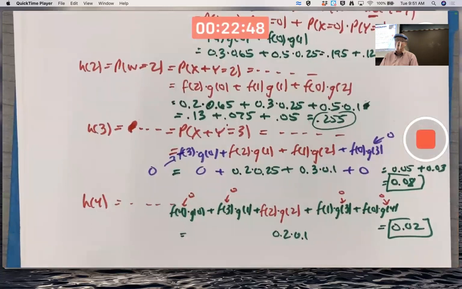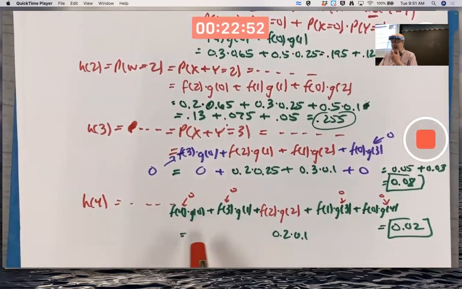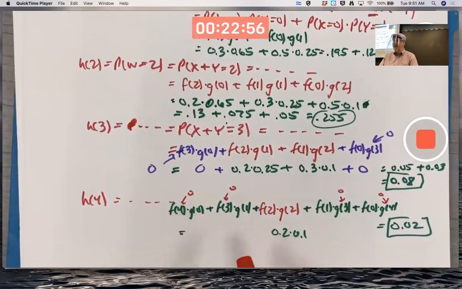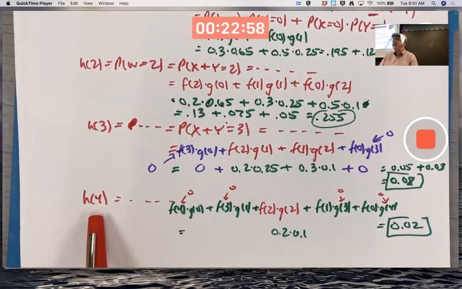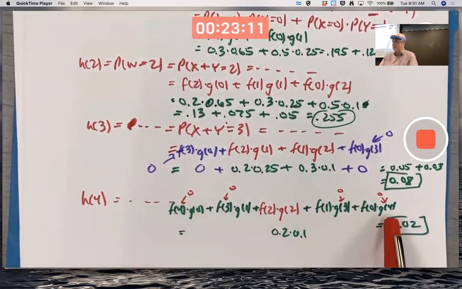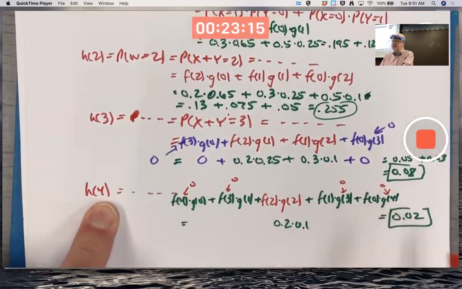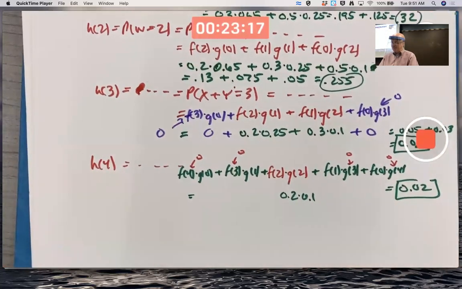the pattern. In each case, whatever the input is for h, I add up products of f and g where the sum of the inputs for f and g have to add to that value that you're plugging into h. In this case, 4. Where the sum ranges over, focus on the inputs of g, say, going from 0 up to whatever the number I'm plugging into h is. So it seems the pattern is that